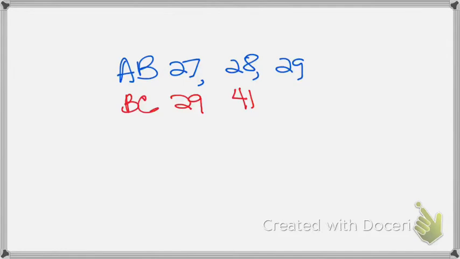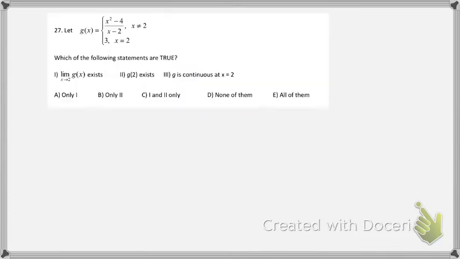Okay, for these three, it looks like limit questions or asymptotes, but it's really more about understanding your algebra and understanding what the graphs look like. So here we go. Okay, so remember, for the limit to exist, the left-hand height has to equal the right-hand height, but there can